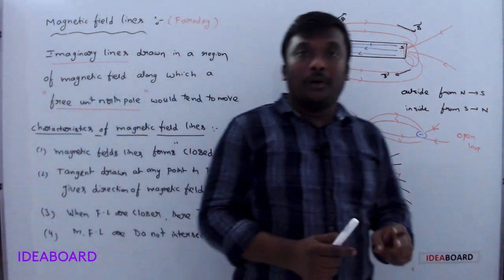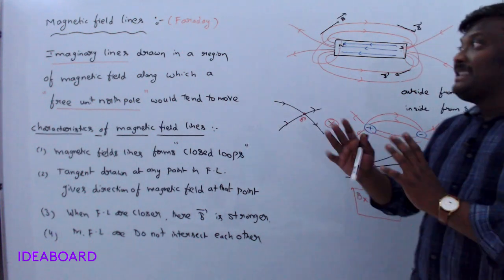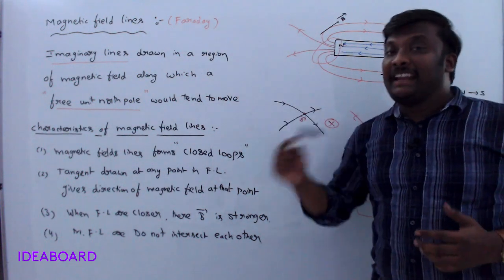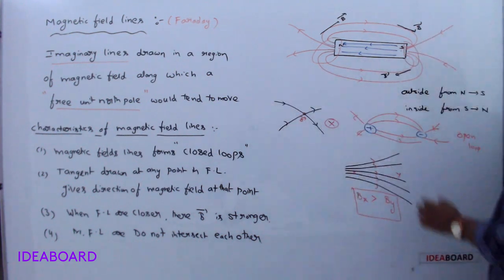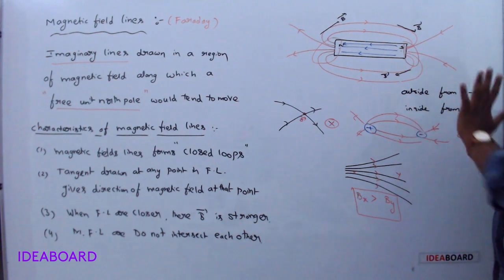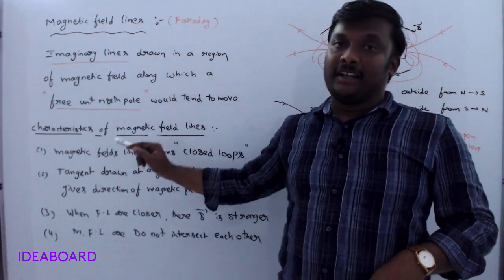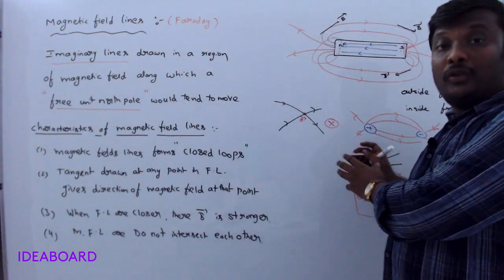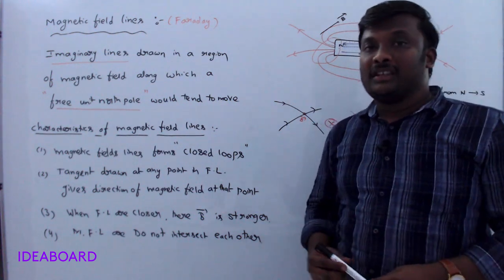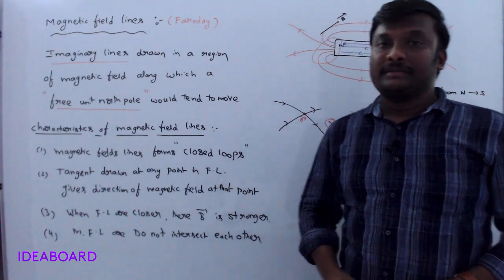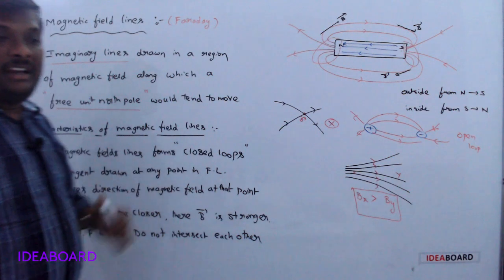Understand now? Now, the second point we learn from these magnetic field lines is the major difference between magnetic field lines and electric field lines. What we said? Magnetic field lines are closed loops and electric field lines are open curves. Second point, monopoles do not exist in the magnetic field, but monopoles, meaning an isolated positive charge or isolated negative charge, appear in the electric field. Understand? This is about the magnetic field lines.